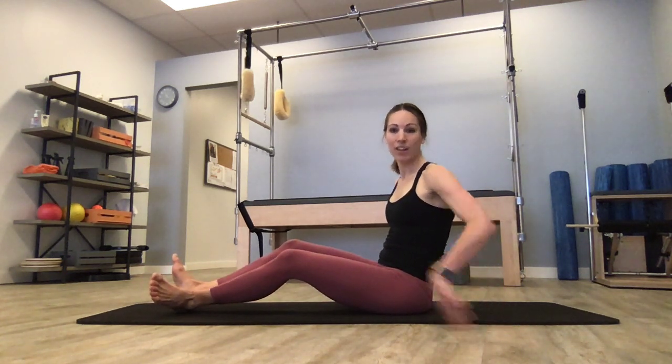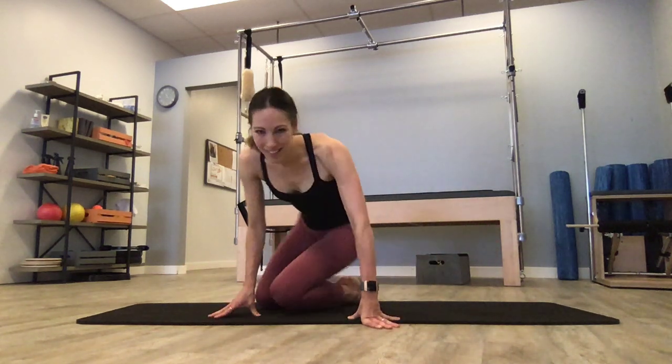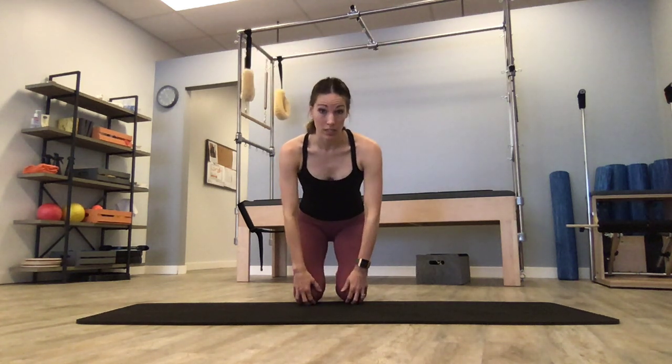kneeling sidekick. So we did our side line. This is a little bit more aggressive. One of my favorites, not everyone's favorite. You're gonna have your hands on your forehead. So I'm kneeling on my mat, so make sure that you have something under your knees if you're a little